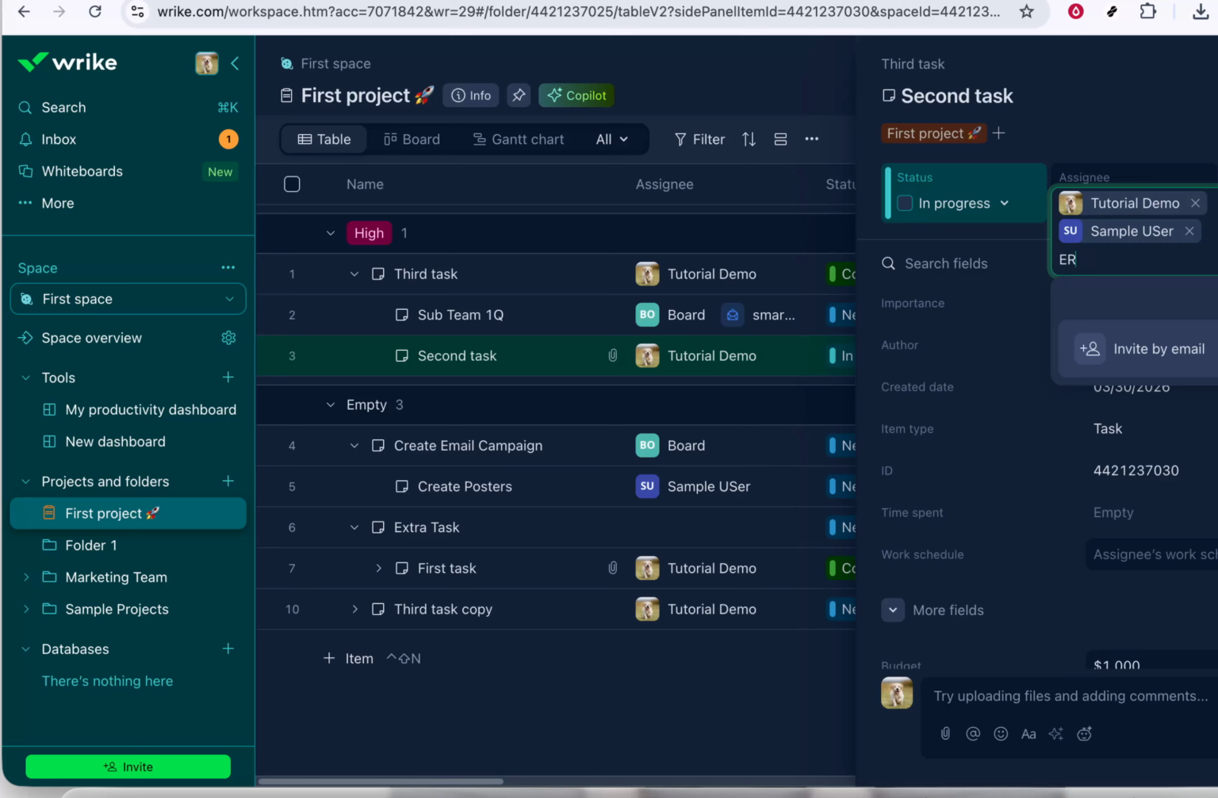subtask. You can assign more than one person or team if needed, but make sure you're only selecting those who should actually be responsible. Once you've done that, your subteam is now officially assigned to that subtask within the main task, and they'll see